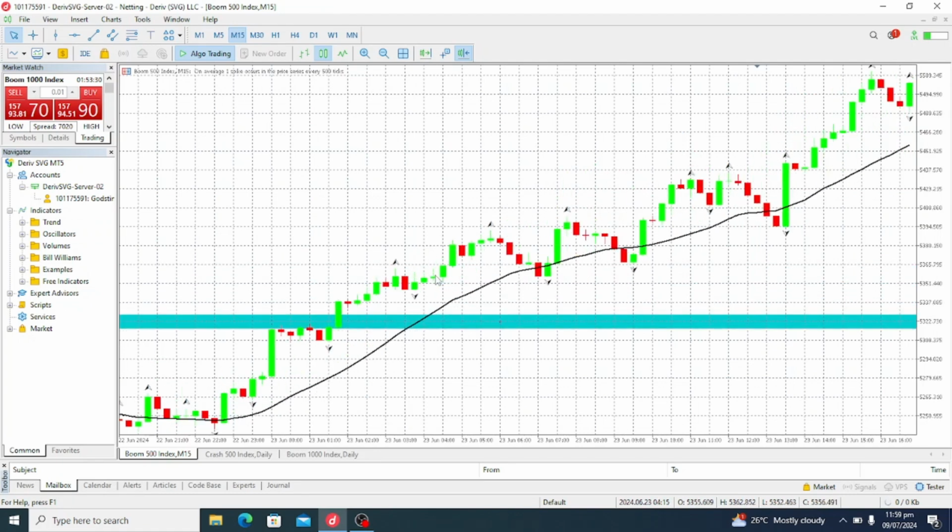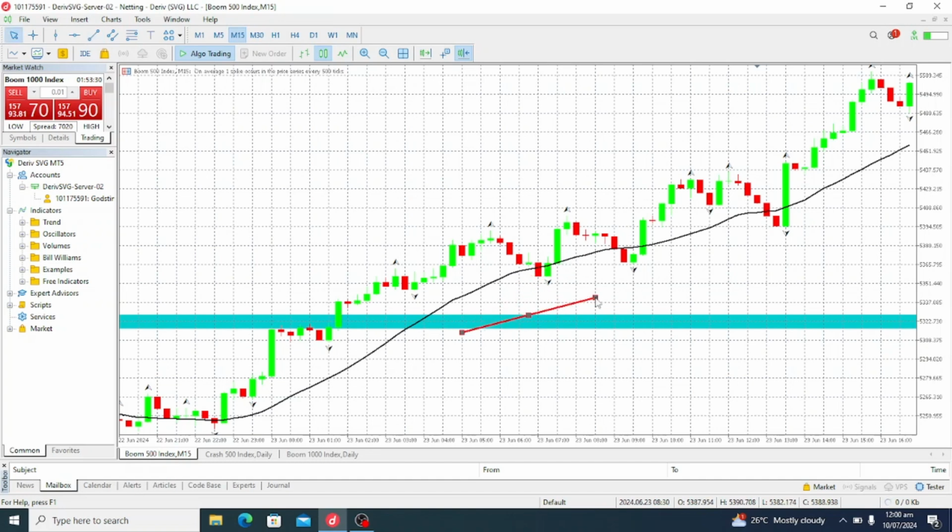The 1 hour tends to give you a higher view of this. So after breaking it in probably the 1 hour or the 4 hours, you come back to your 15 minutes and wait for a pullback to the trend line. Are you seeing it? You wait for a pullback to the trend line, then you take your trade.